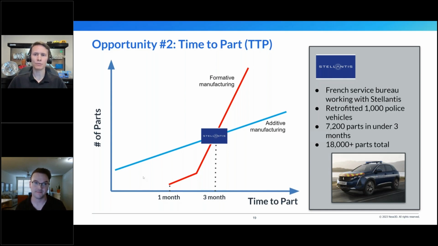And I think time to part is really important here. And also, by the way, the resilience to rev change plays a role. So if there is a revision change, in formative tooling, especially if you have something like this where it's a vehicle fleet, I could still consider that lower volume production. Even though it's in the thousands, we're not making 100K of these units. And that tool cost is still being amortized pretty heavily on a per part basis on formative tooling. So this gives a really good alternative for low volume production,